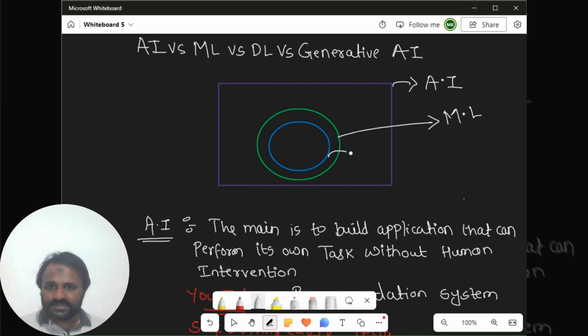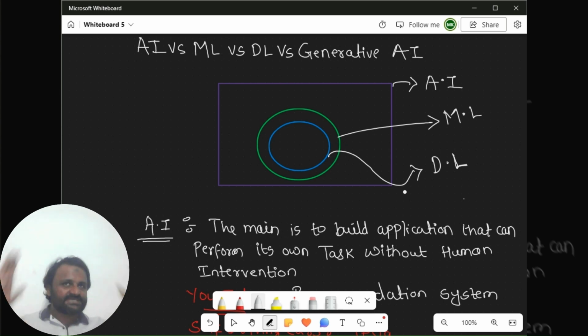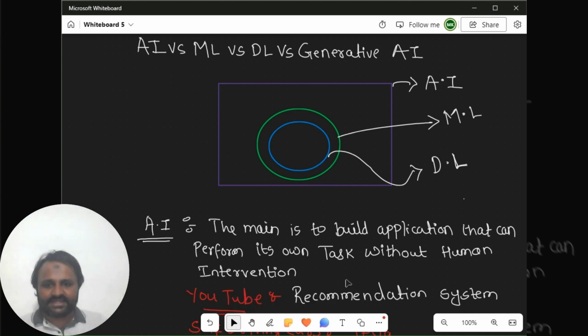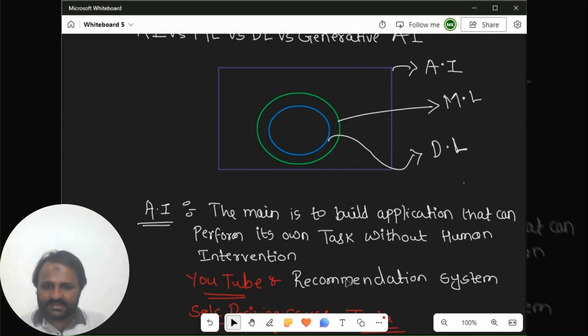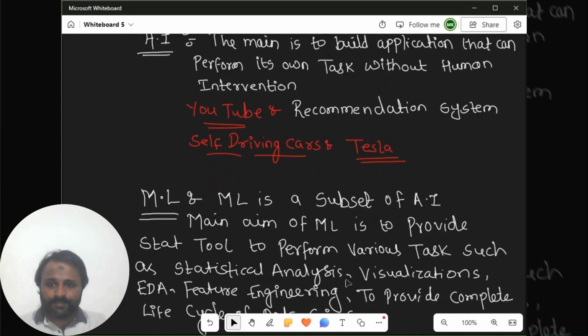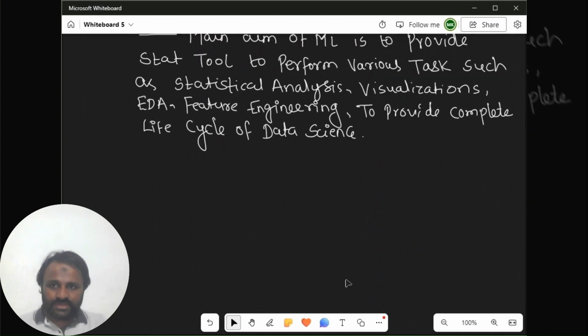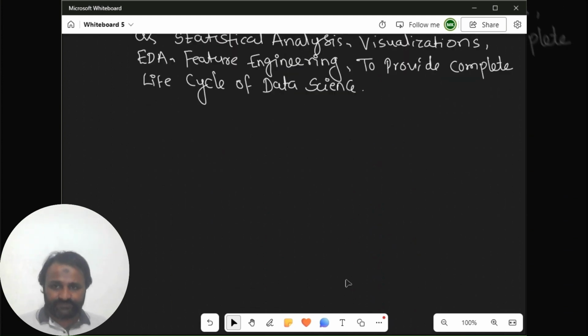So this is nothing but, again, I can write DL. Don't consider driving license, it's DL, deep learning. Now you might have seen that AI is a superset, ML is a subset of AI. Now DL is there, so DL is a subset of ML. Obviously you should understand DL clearly, and why it is very important, because I will explain it. Don't worry about that.